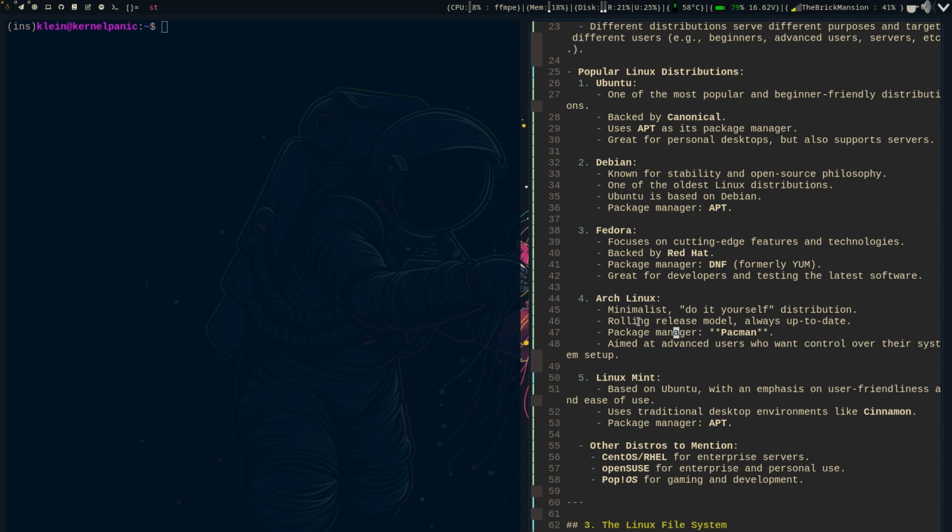Other big one, Arch Linux. That's a huge one. Fedora is also a huge one. Both of those are independent, kind of. Fedora is based on RHEL, Red Hat Enterprise Linux systems. Package manager is DNF, formerly I guess it was Yum. Arch uses the Pacman package manager, although if you have Arch Linux and you're watching this video,